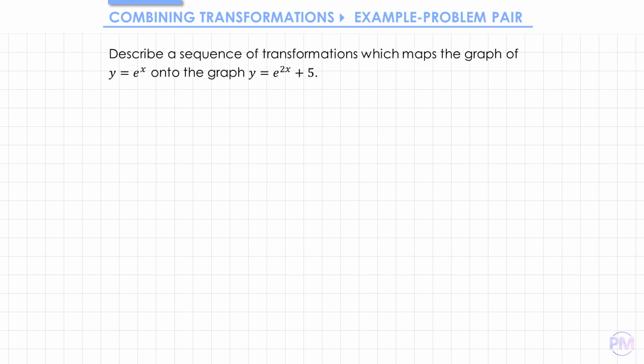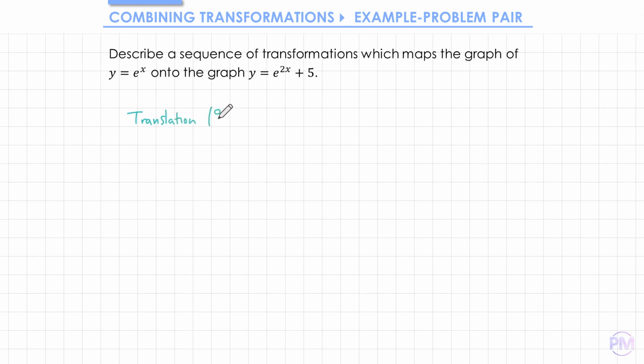So the first thing we want to look for is which letters have been replaced and what have we replaced them with. In the transformed equation we have a plus 5 which we don't have in the original equation, so we think how do we get that plus 5? You may just know that if you see a plus 5 on the end of an equation, that's a translation of 5 units in the positive y direction. If not, you could rearrange to make it y minus 5, and then you can see that y in the original equation has been replaced by y minus 5. So our first transformation is a translation